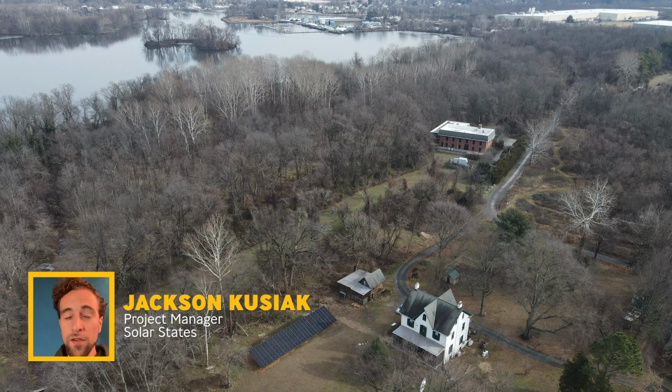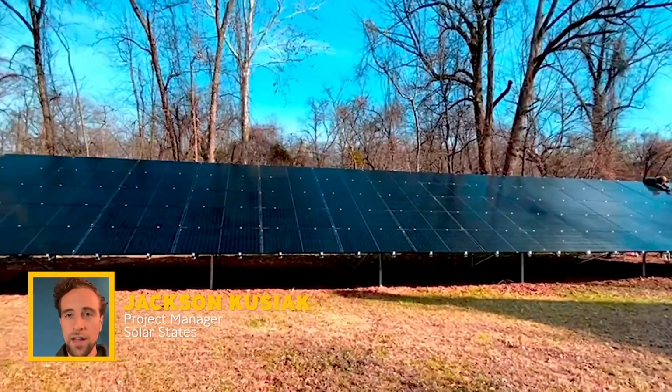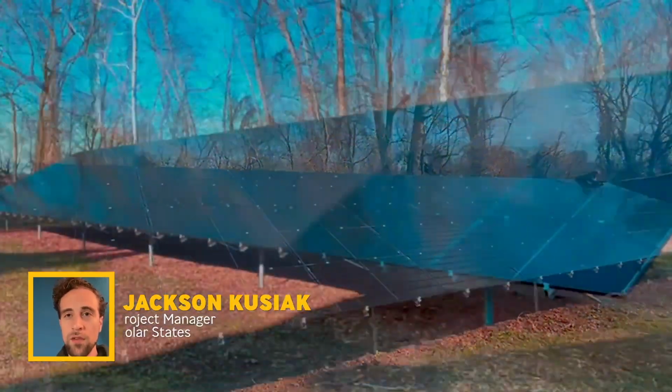Now, we prepared for this and we actually designed the system to be lifted 3 feet off the ground, and at the back of the portion of the array it's as high as 9 feet. This means even if the floodwaters rise, it will never cover the solar panels and will never affect the production